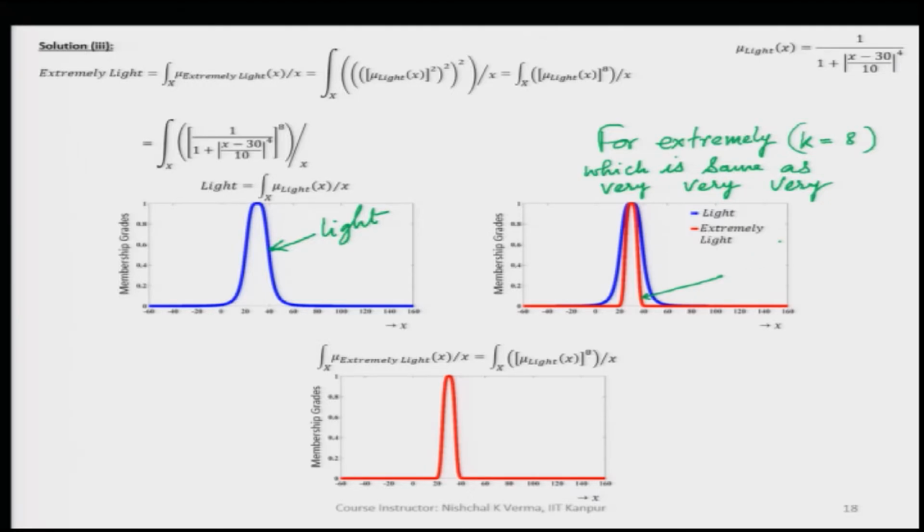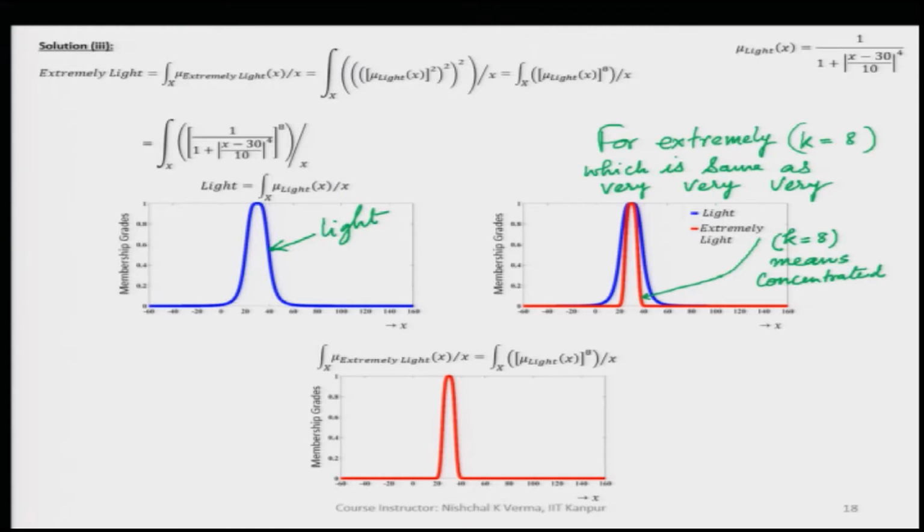This extremely light we have got by taking k equal to 8, which means the fuzzy set has been concentrated. So, this way the composite fuzzy sets can be obtained.